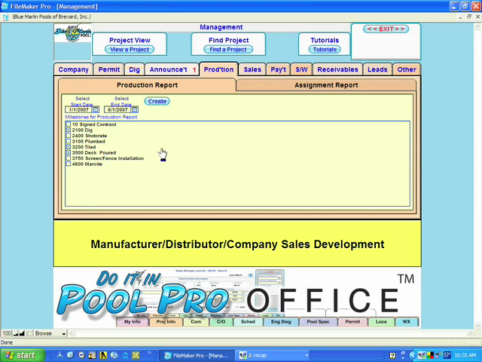So in the customization, we can customize your application to whatever you like. Management